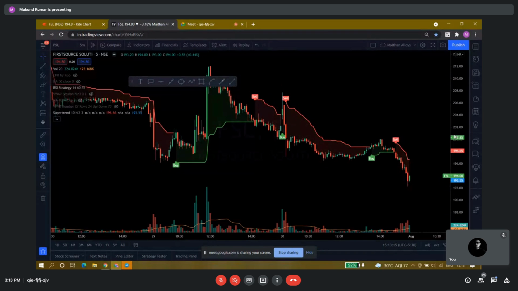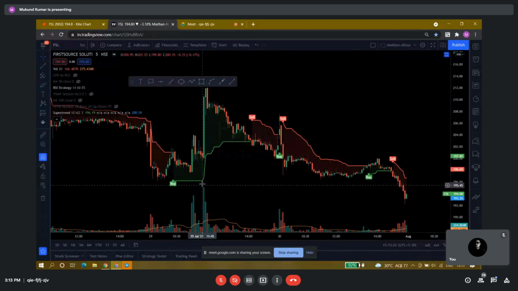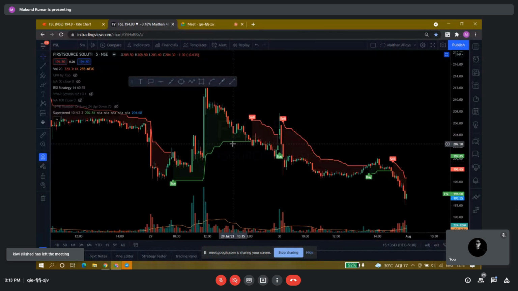Now, many of you were not able to understand what this trailing stop loss is. Actually, the super trend line is your trailing stop loss. Many were not able to understand in the video what the trailing stop loss actually is. This line is basically your trailing stop loss. Once this line is breached on a closing basis, meaning this line will change into red, then we will have to exit our trade, whatever the case may be.